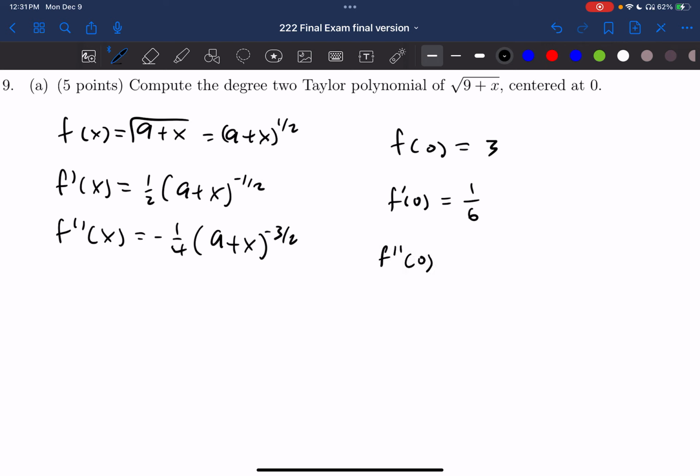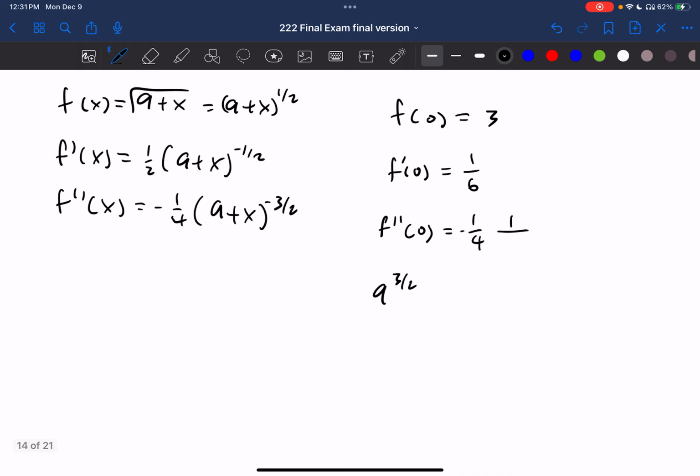F double prime of 0 is going to be equal to negative 1/4 times 1 over 9 to the 3 divided by 2 power. Square root of 9 is 3, so it's going to be 3 to the 3rd power. Therefore, the Taylor series for second degree of f of x